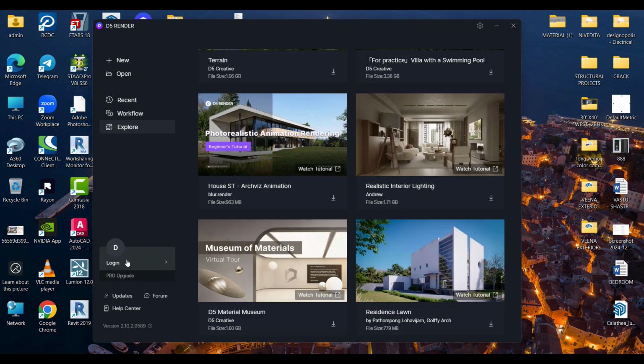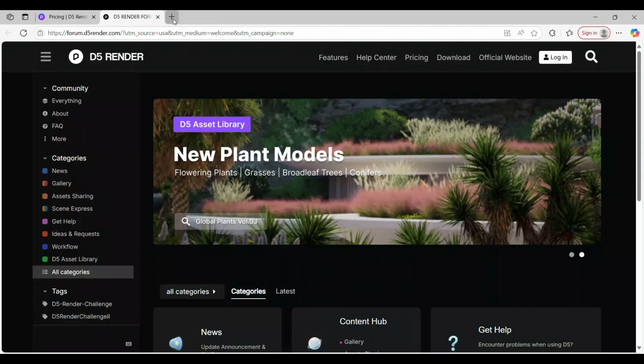If you are already logged in, then you get to know what ID you use and all the things. And if you are using the pro version, you even get to know how to unlock the pro version features, you just unlock it. And we have an update option if you are using a higher version or lower version. If you want to update from lower to higher, then you can just click on the update option. Now currently I am using 2.102, and then just click on the forum option.